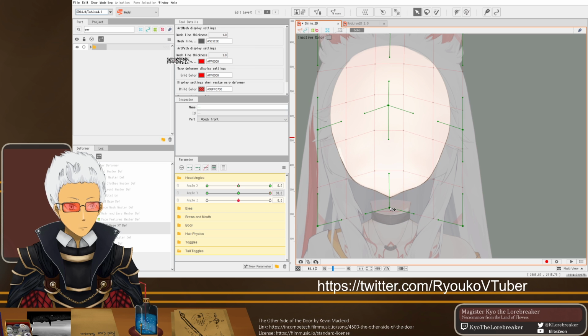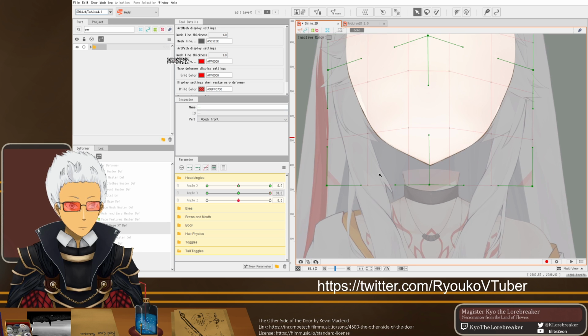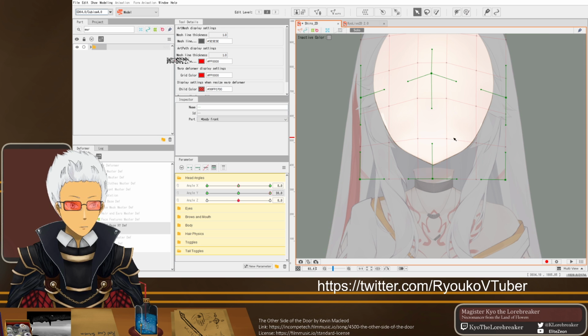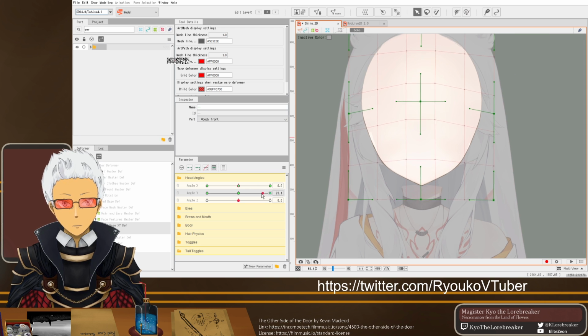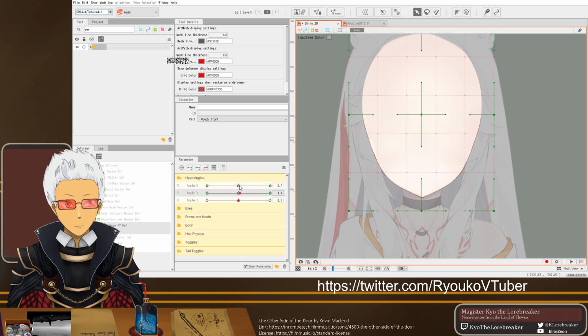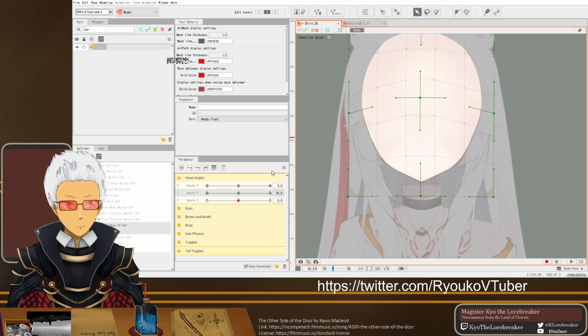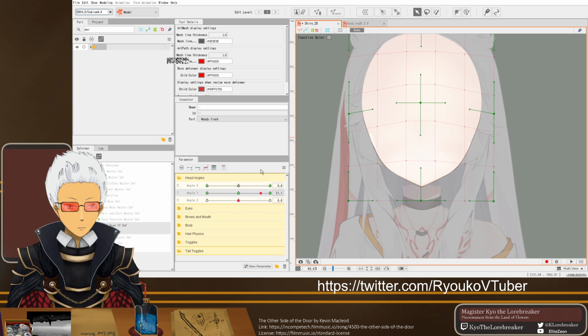We'll bring her chin up, maybe right here, and then bring everything else up a bit. Unfortunately, her neck doesn't go that far, so this is something I may have to revisit later. But that might be decent enough.